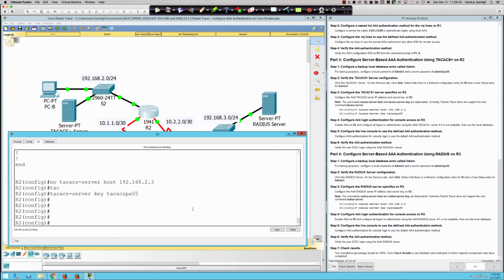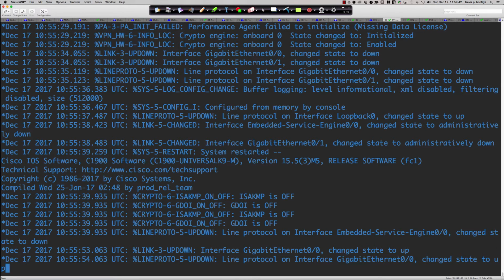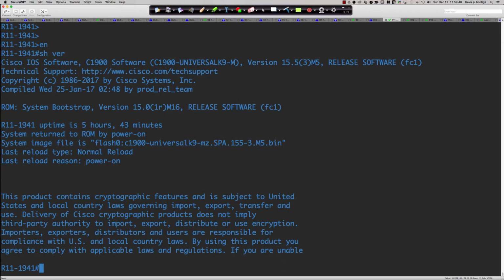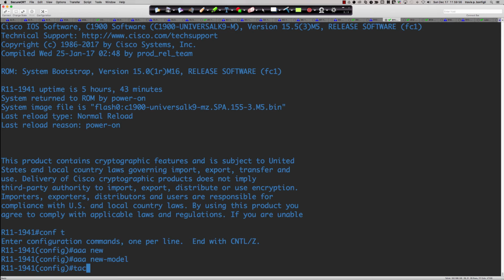And as of 15.6, and I don't know about 15.5, but I think I've got 15.5 here on this 1911, because I'm curious. 15.5 right now is the recommended most stable release, the 15.5 train M code. So let's get into global config and let's say aaa new-model, and then let's say tacacs